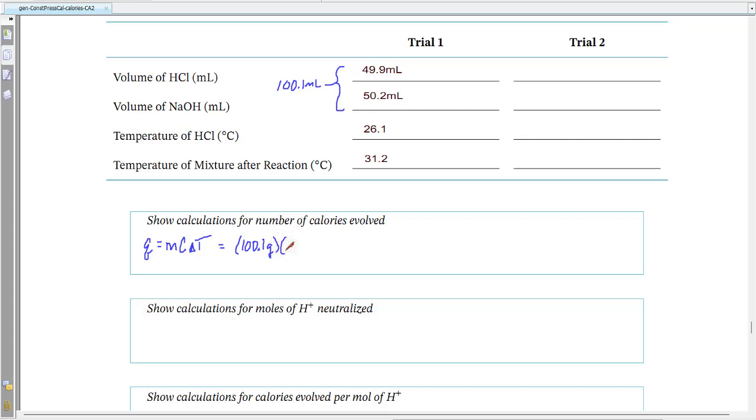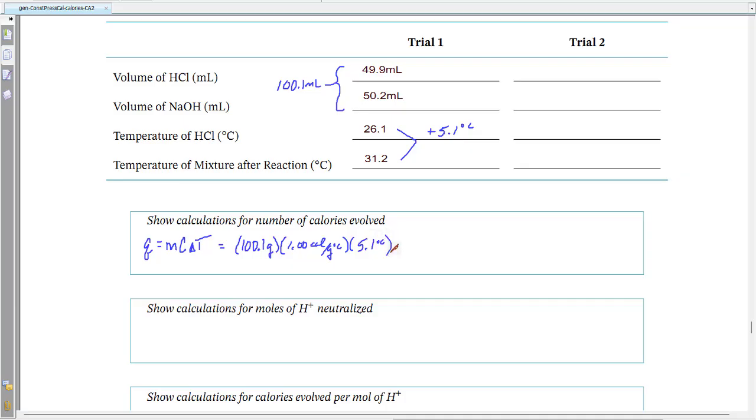Okay. C, well, these are nominally water-based solutions, and so we're going to use the specific heat of water, which again, your textbook and reference sources will have two values for this. Since we're dealing with calories, we're going to use the calorie value, which is 1 calorie per gram per degree Celsius. And then temperature change. Well, here, final minus initial, 31.2 minus 26.1, and we end up with a temperature change of increasing 5.1 degrees. Okay, so that's what we'll put in here,